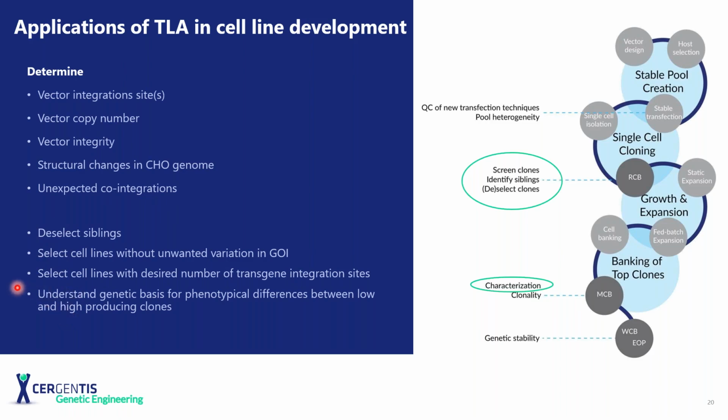Of course, you want to make sure the clones you are selecting don't present any unwanted variation in the gene of interest, especially in the coding region. You can use TLA data to select the cell lines that present the optimal copy numbers of the transgene, also in the ideal places of the genome. And of course, for research purposes, TLA data allows us to understand the genetic basis for phenotypical differences between low and high producing cells. I will provide a few examples from the literature for these specific applications for cell bank